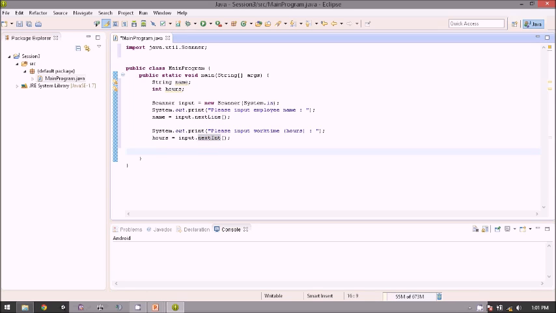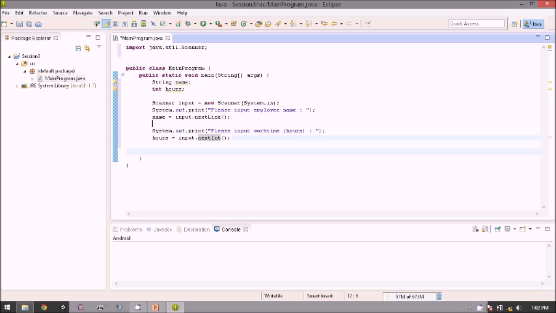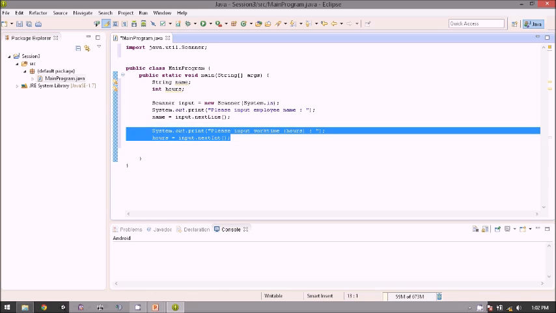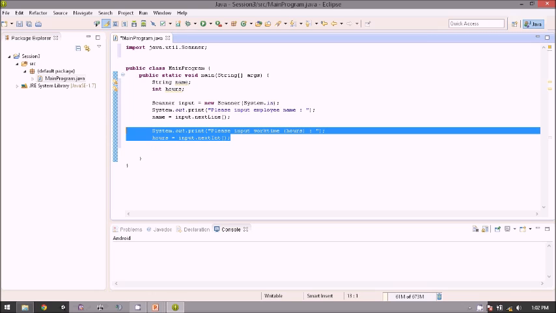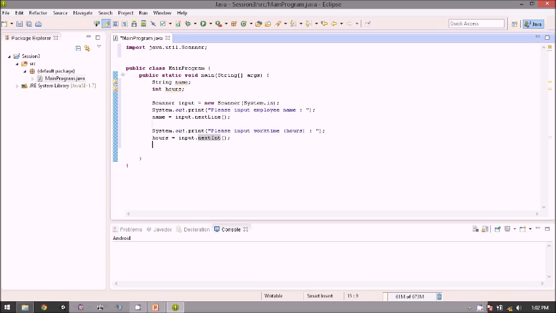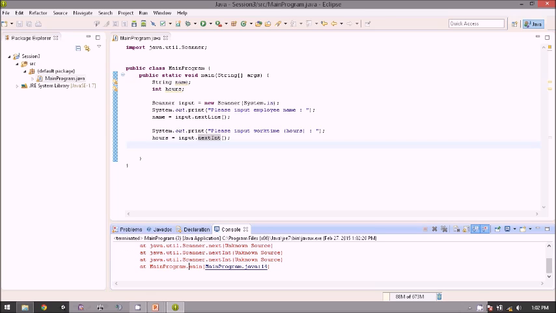But before we begin, in the case it said that the integer, the hours, must be a positive number, so it can be a letter. So how do we make sure that the letters, if we input the letters in here, it will not return an error? So let's just try this first. Okay, so we press Ctrl and F11. Okay, let me input the employee name. Let's use William. And if I input the work time as letters, let's say 8, it will return an error.